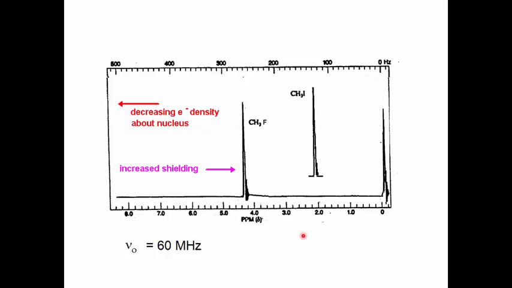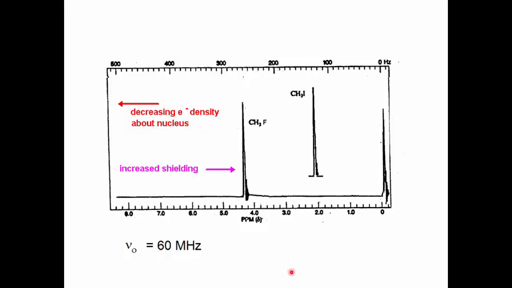The peak occurs at about 4.3 delta value. For reference, we show the signal for methyl iodide as seen in the previous NMR spectrum. Of course, we also see the inevitable TMS peak set at 0 delta. The NMR signal for methyl fluoride occurs at a larger delta value than that for methyl iodide,